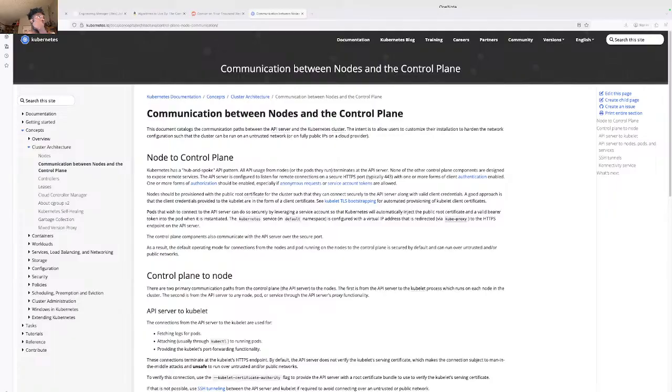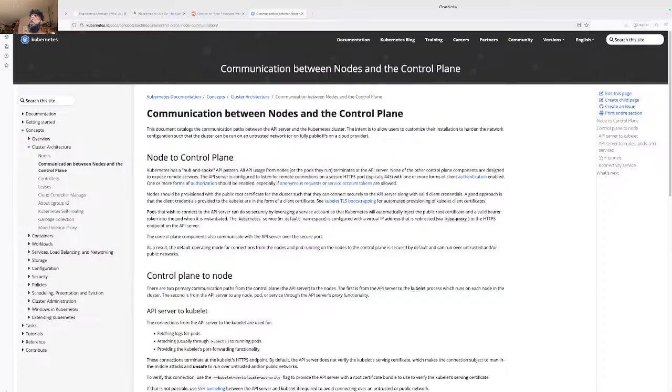Okay, so Kubernetes has the API. None of the other control plane components are designed to expose remote services. Connections from the API server to the kubelet are used for fetching logs for pods, attaching, usually through kubectl, to running pods. Where is kubectl?